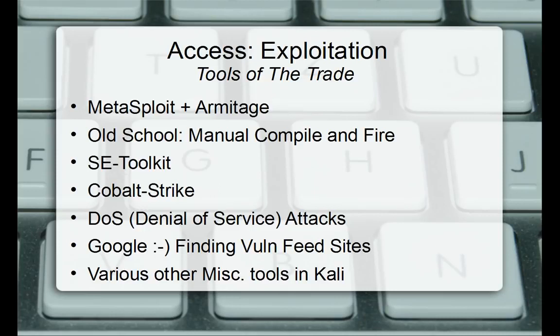The old school manual compile and fire, basically, we're not going to get into that today. I try to stay away from that. That's mostly if you find private exploits that haven't been made public yet. Really, you got to trust the person you're downloading the script from, and then you have to compile it. So if you can't read the code of whatever language they wrote it in, you're kind of taking a crapshoot on whether or not it's actually bad for your system